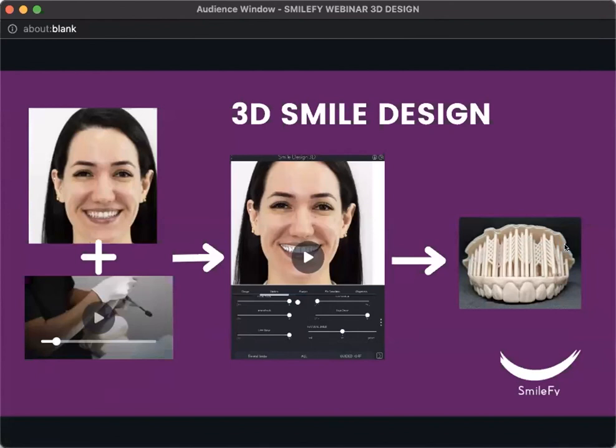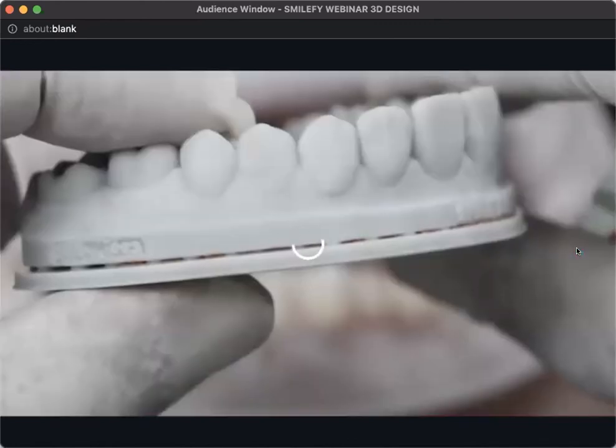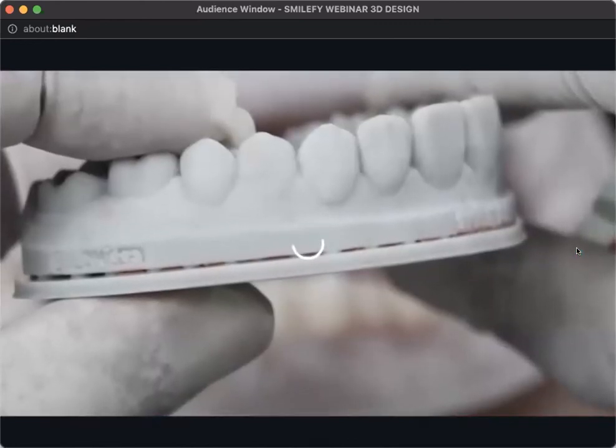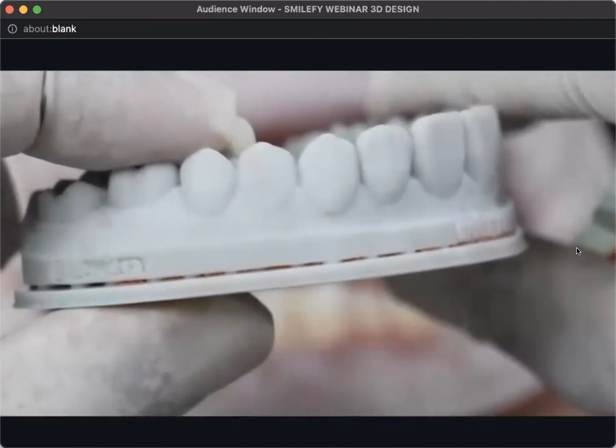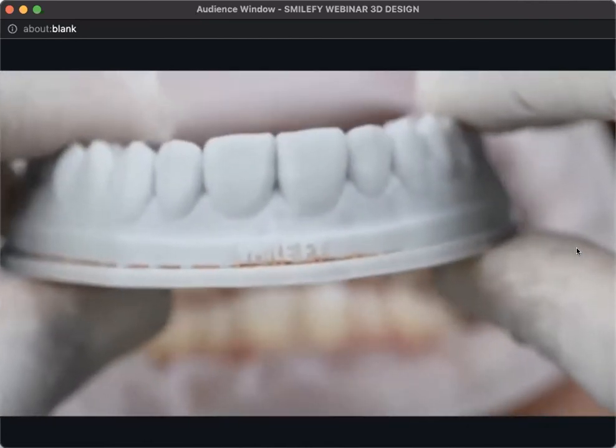The next step will be for you to create your printed wax-up. The printed wax-up that you create will be exactly what you did in your SmileFy software, okay? So as you design all the morphology, all the contact points, everything will be 3D printed. And once 3D printed, you can place it in your patient's mouth. So here is a case. As you can see, the model itself looks very natural,